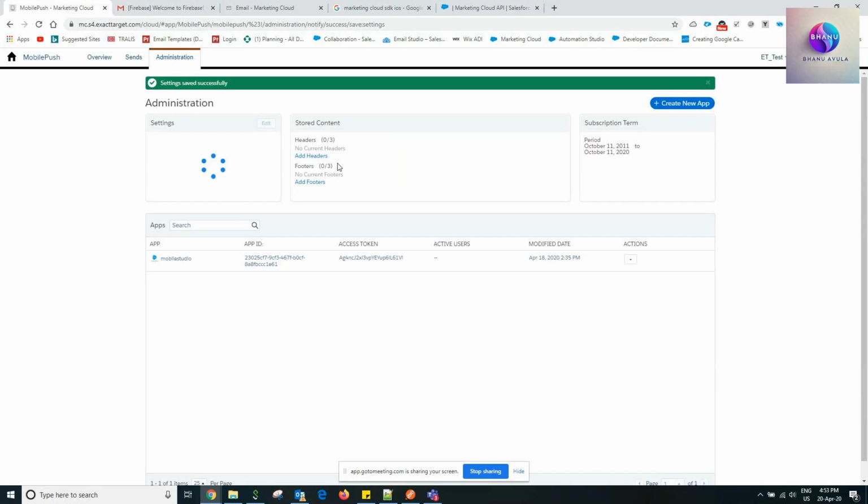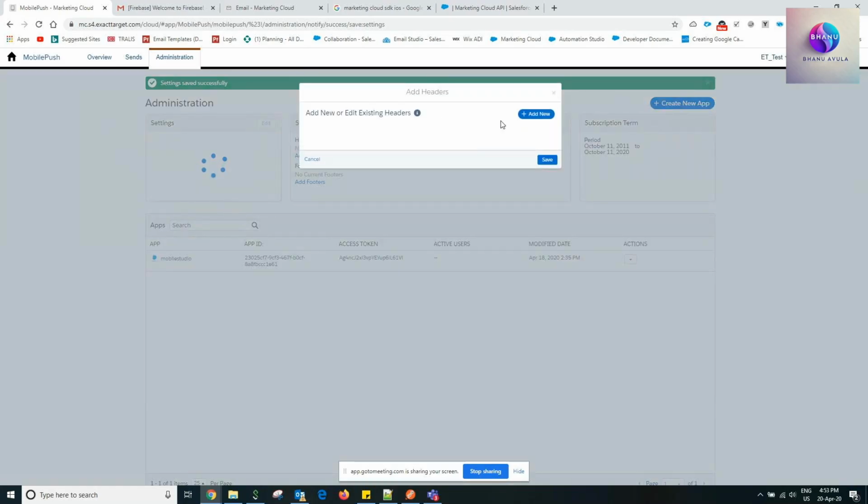So this is about the blackout window. And this is the subscription time, how much time we can subscribe, and also how many days we have the subscription. And this one is headers, you can create some headers if you want to. If you don't want to use it again and again, you can